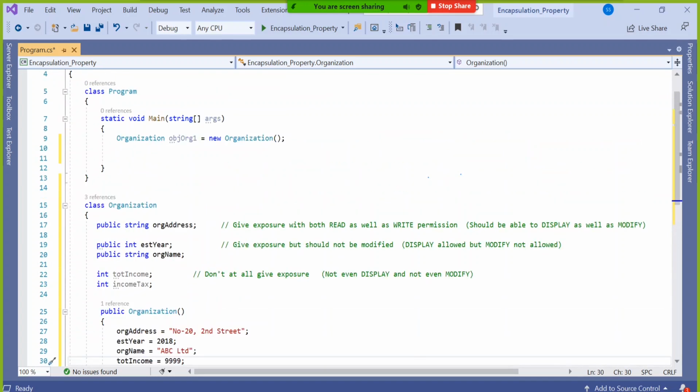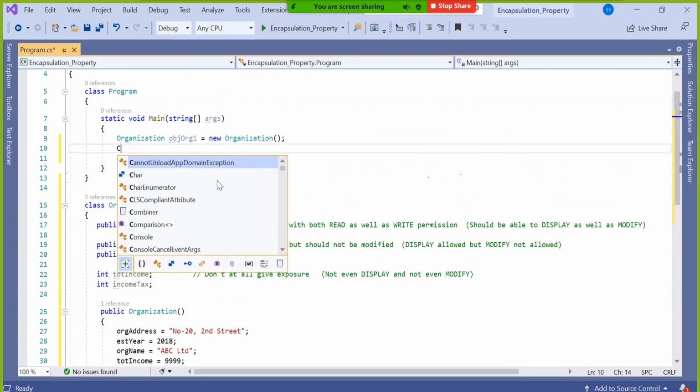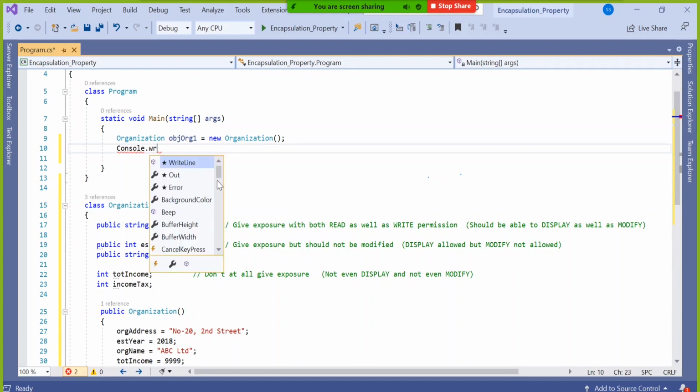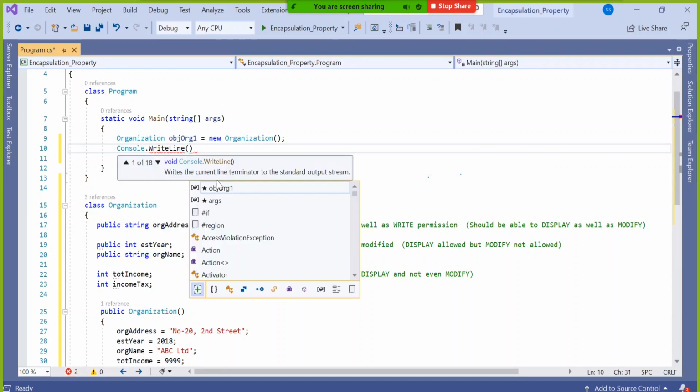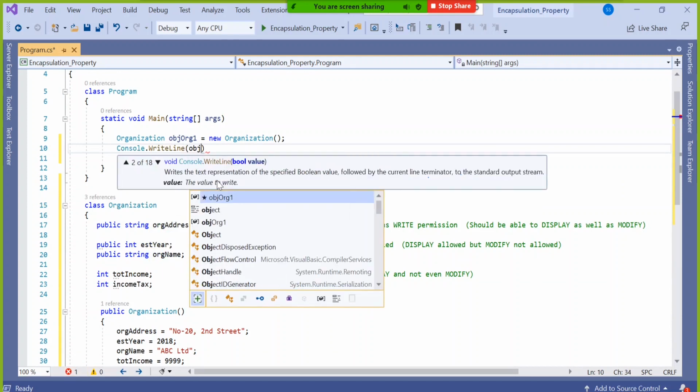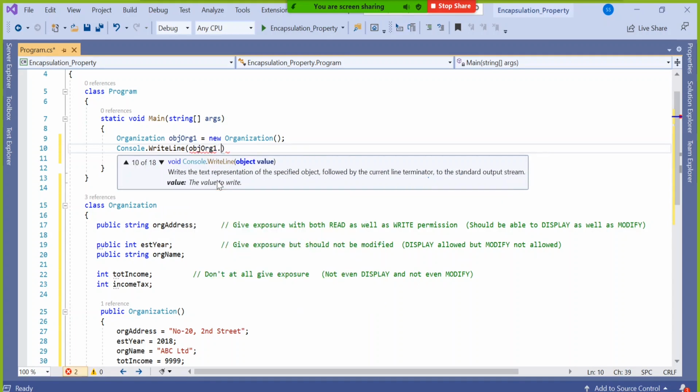So if I'm saying here console.writeLine, say obj org1 dot organization address, you are able to display, absolutely fine.